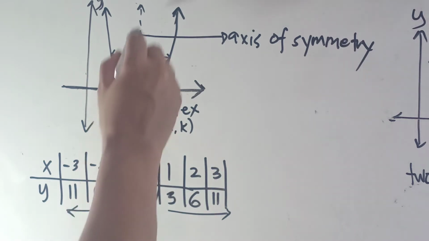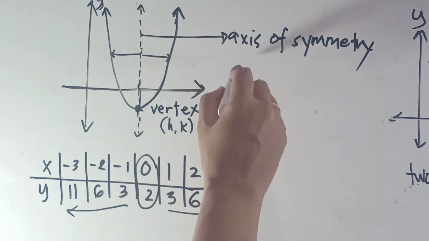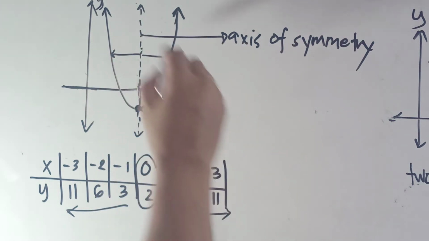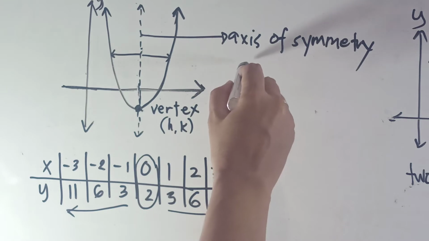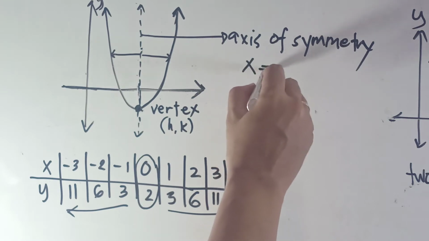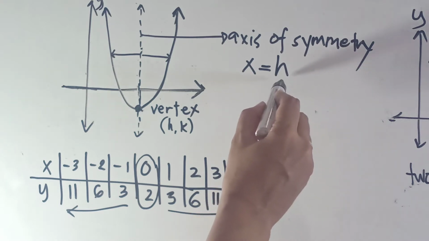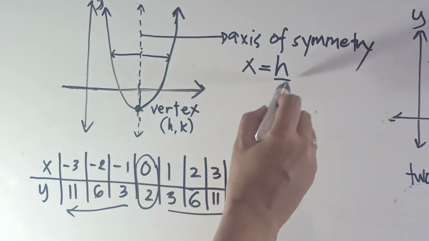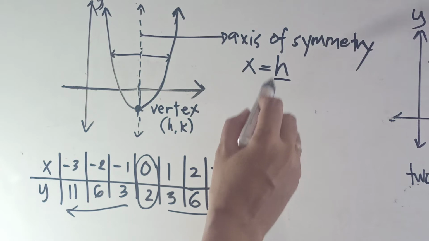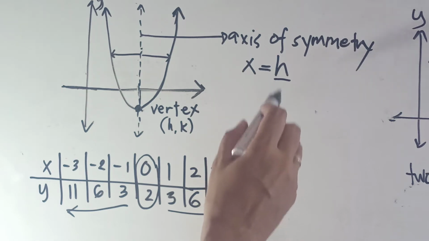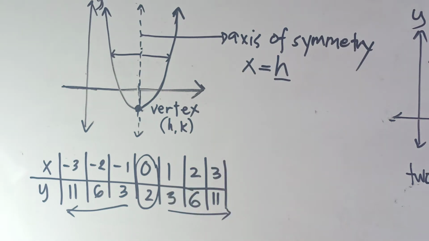Okay, then, this axis of symmetry, or this vertical line, naa siya equation nga x is equal to h, where h here can be any real number. It can be a rational number or an irrational number. So, again,